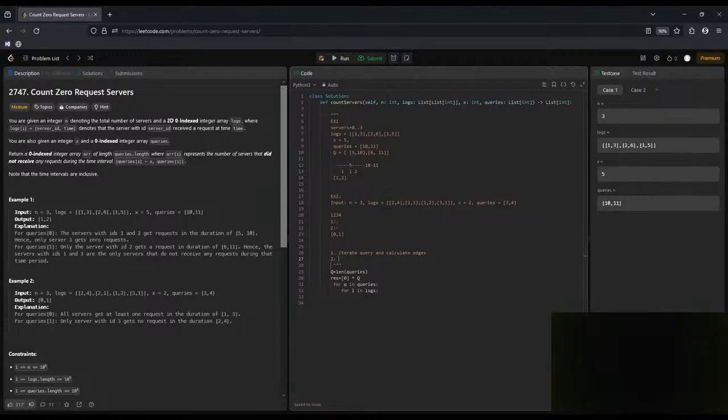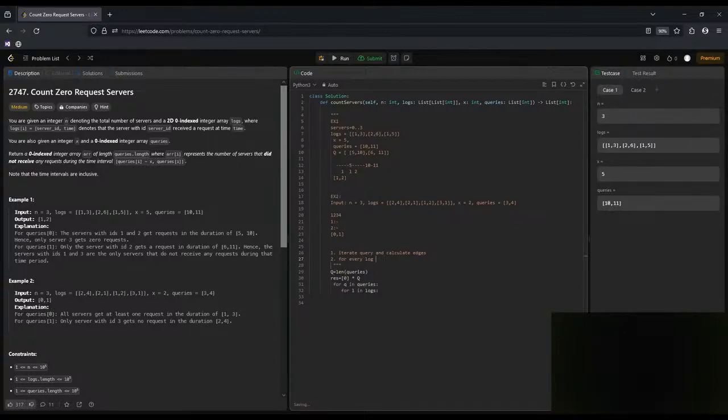So per second for every server, okay, so for every log, I check if